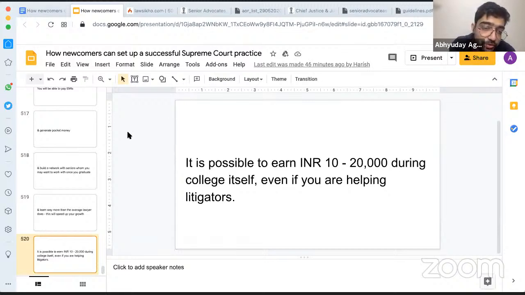Any other questions? Yunus asks where you should start, whether in trial court or not. We have explained that. Sushil asks whether master access covers this course. Yes. Anjali, if you have an inclination towards constitutional law, then Supreme Court litigation is what you need to learn as soon as possible.